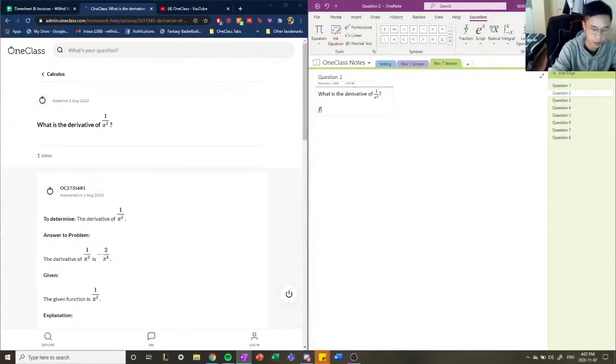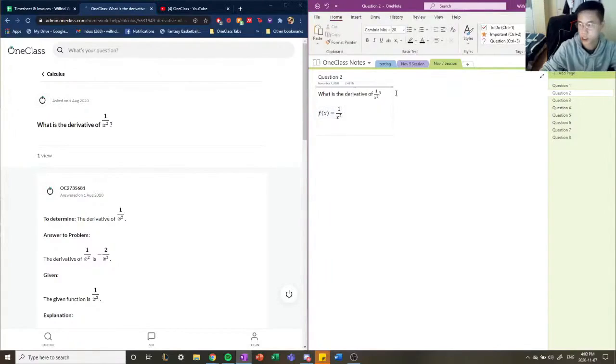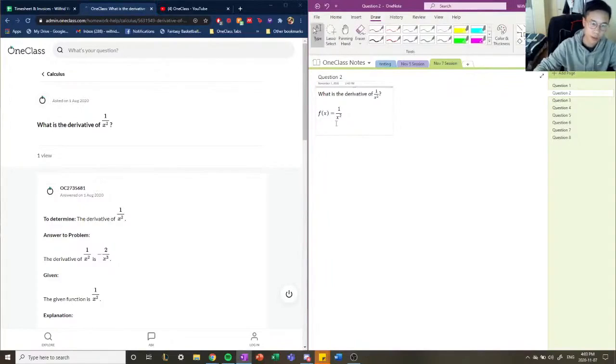So let's say that f of x equals 1 over x squared. Okay. Cool. So we have defined our function, f of x equals 1 over x squared. Okay. So the power rule suggests to us that the derivative of any variable with a power on it can